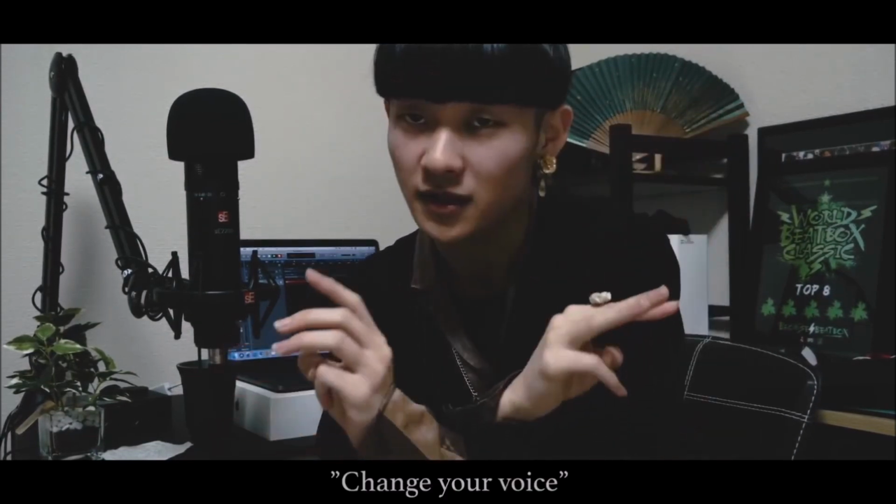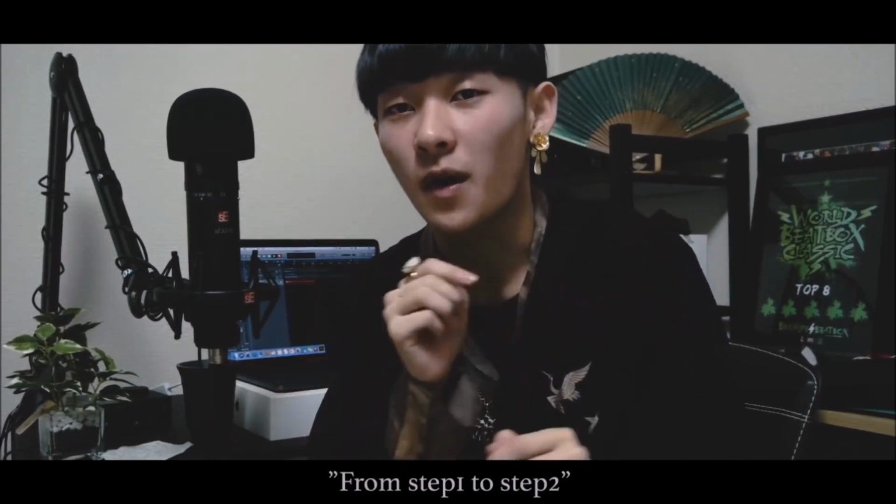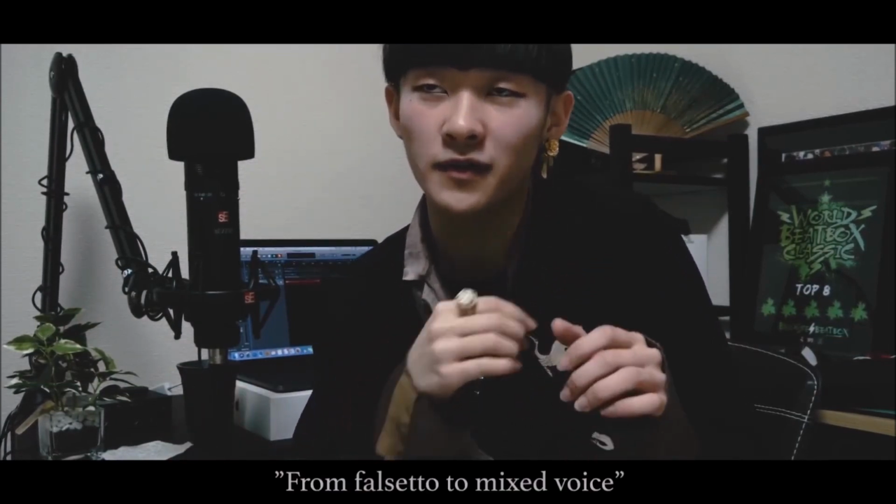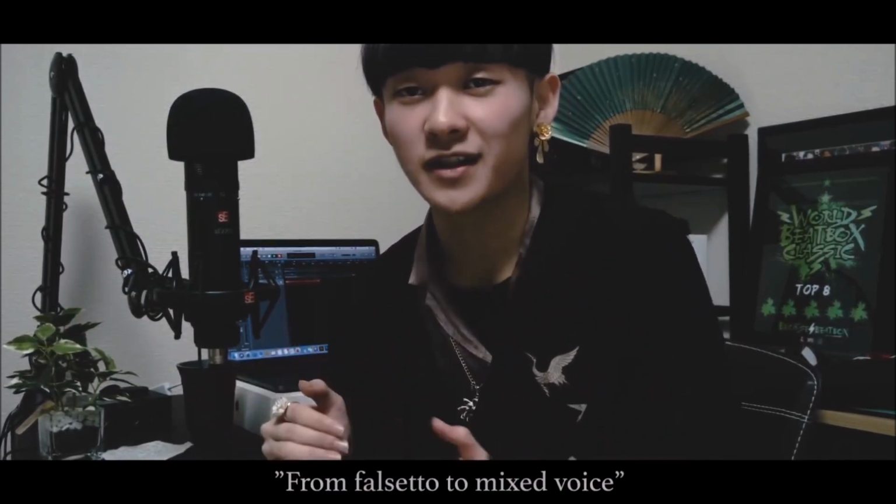Like this. And step 3, just change your voice from step 1 to step 2. Step 1 to step 2. From falsetto to a mixed voice. Like this. 1, 2,